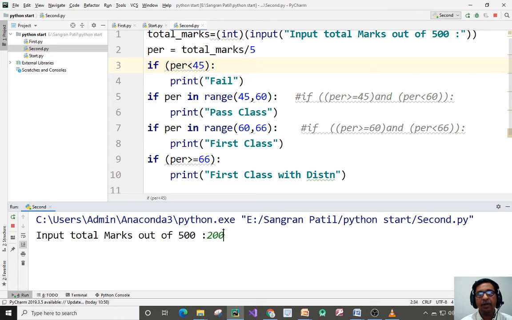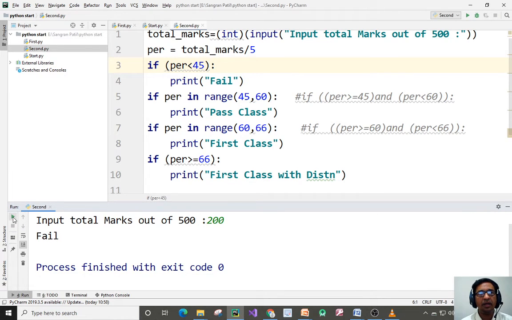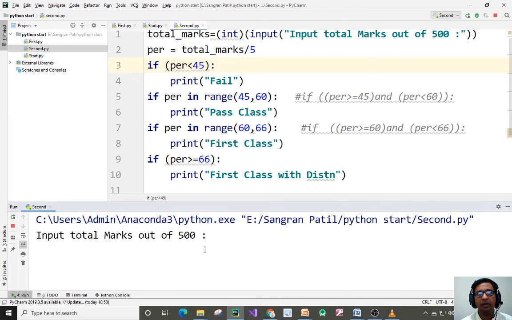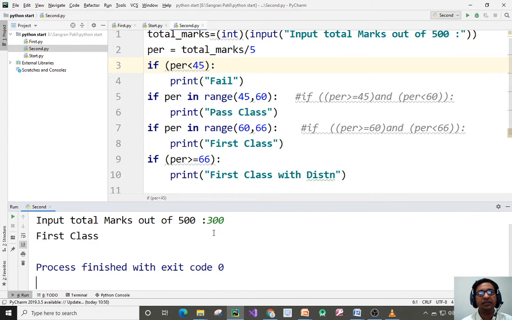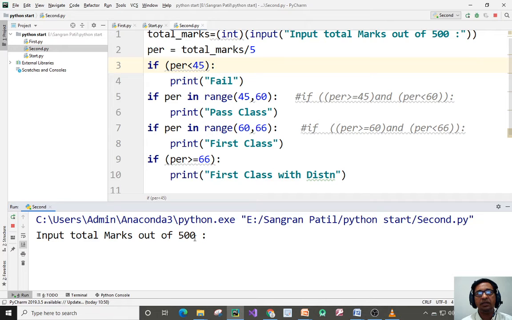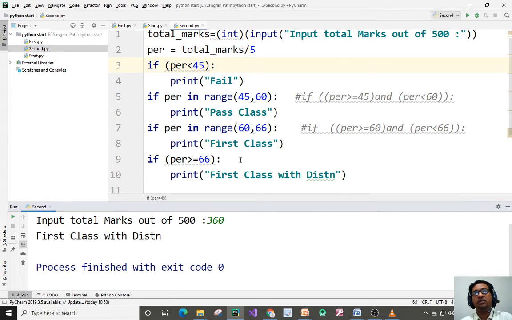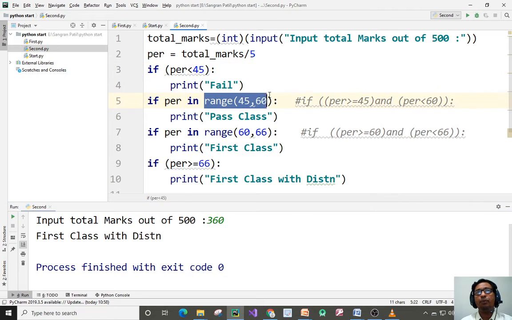Input marks 200, fail. Again click on here green arrow, play button. So it is 250, pass class, 300, first class, and then 360, distinction. So this is the range facility provided in Python, which generates the value starting from this 45 and it will go up to 59.